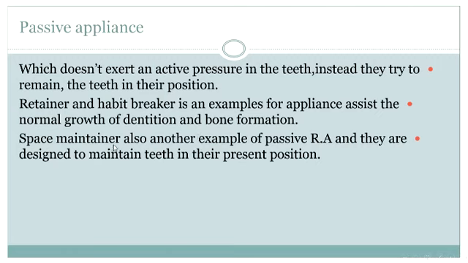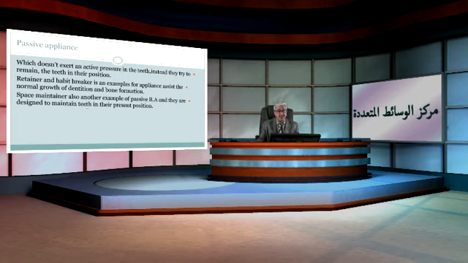A space maintainer is another example of a passive removable appliance, designed to maintain the teeth in their present position. Pedodontists must have knowledge about space maintainers. It is very important to have knowledge and skill in this field, because treatment plans sometimes need this